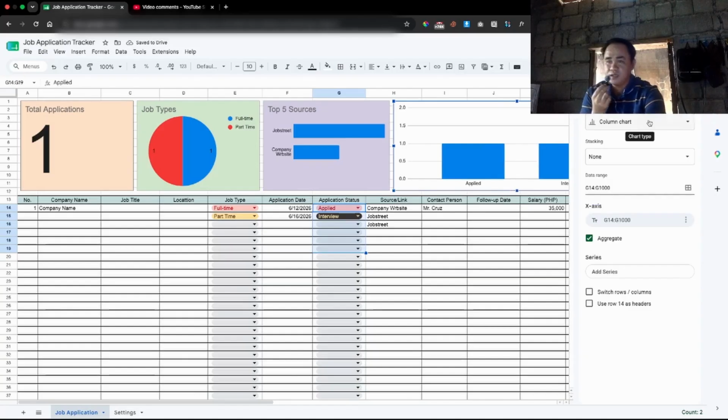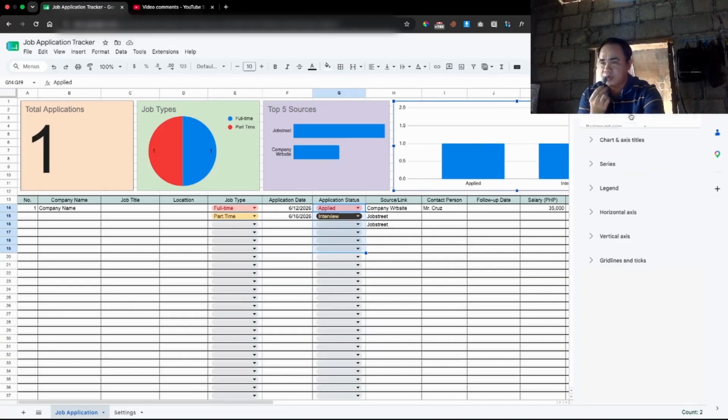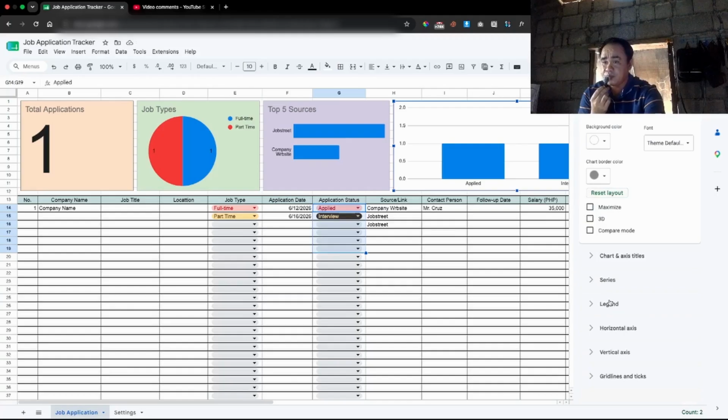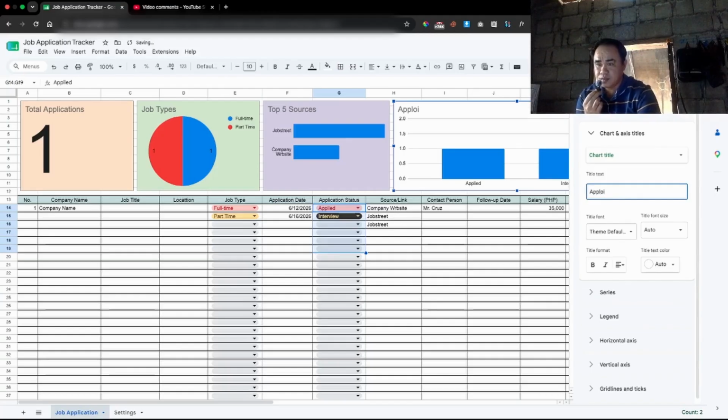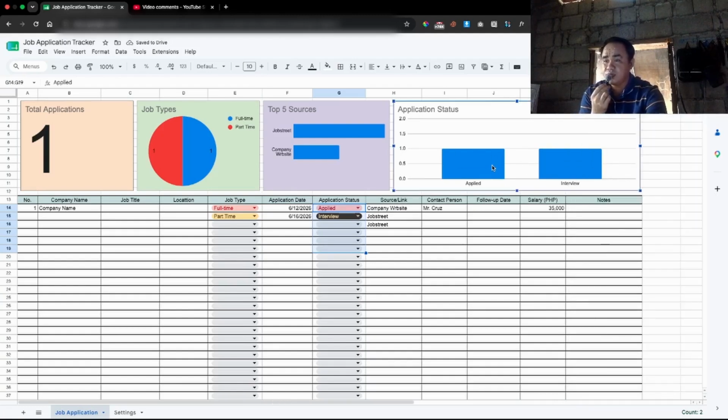We're going to name our chart from blank to Application status. So that's it. You can also change this formatting.